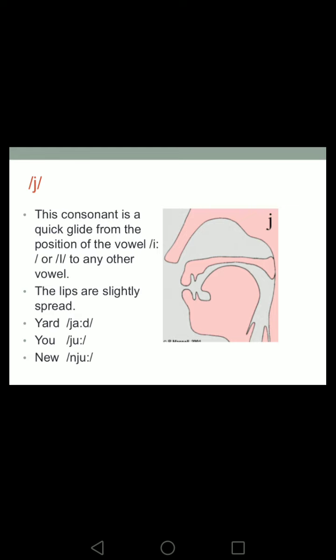You see the tongue. The position of the tongue raises a little bit, but it doesn't touch anything. The tongue does not touch anything. Therefore for the production of the ye sound, the position of the articulators is similar to the position of the